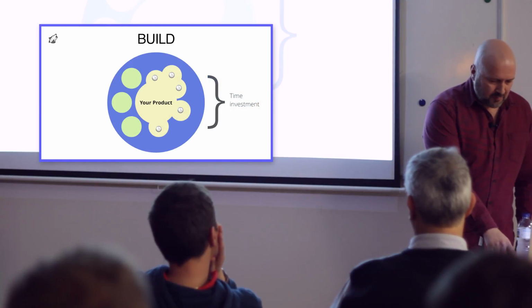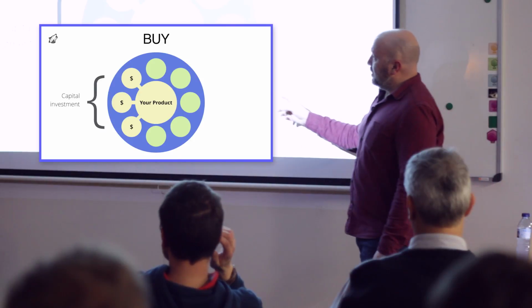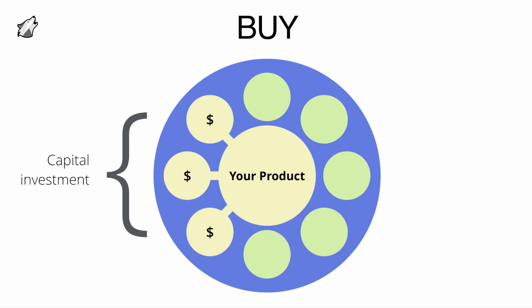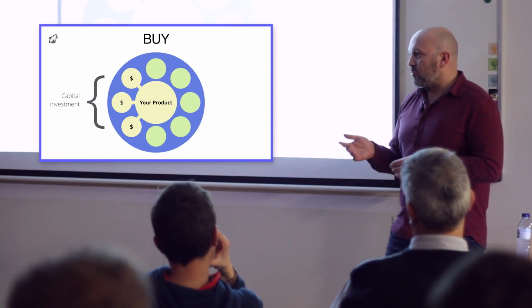Another option is, instead of adding the features, you can just buy them, right? When I say buy them, you can buy software add-ons. You can subcontract other companies to do some of these software pieces for you. Or if you're talking about larger companies, you can acquire other companies. So there are good examples of this.